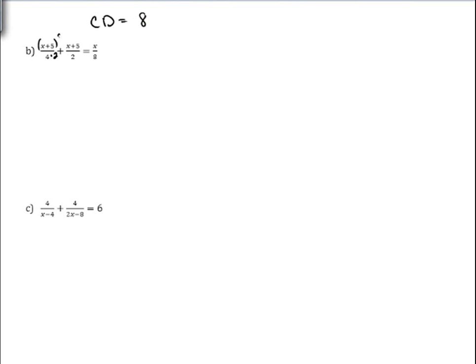So we also need to multiply that numerator by a 2. To make this 2 into an 8, we have to multiply it by 4, so I also need to multiply that second numerator by 4, and then the last fraction already has the 8 in the denominator, so we can just leave it alone. What we have here then is 2 times the quantity x plus 5,